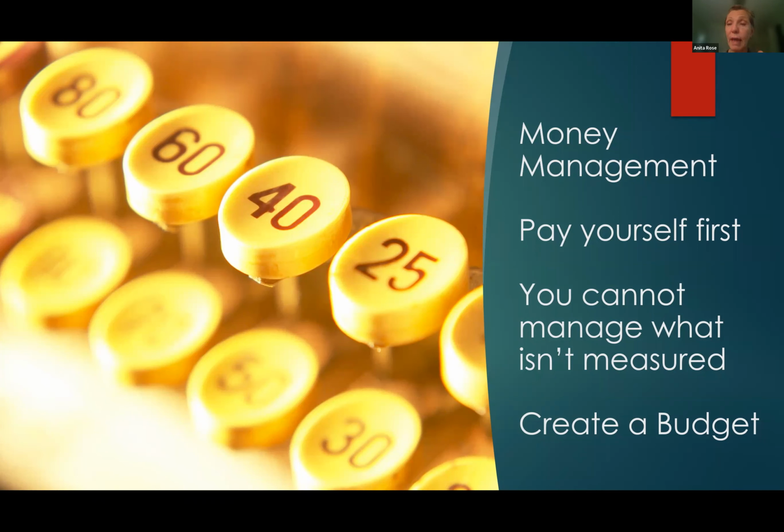The same thing with our wealth. We need a plan so that we can measure it and make sure that we're achieving it over time. So we want to create a budget. So please download that budget and start working with it and start seeing how you can live that frugal lifestyle so that you can still enjoy many, many things. You don't have to have a $50 bottle of wine. You can have an $8 bottle of wine or a $10 bottle of wine once in a while instead, and it does make a big difference.